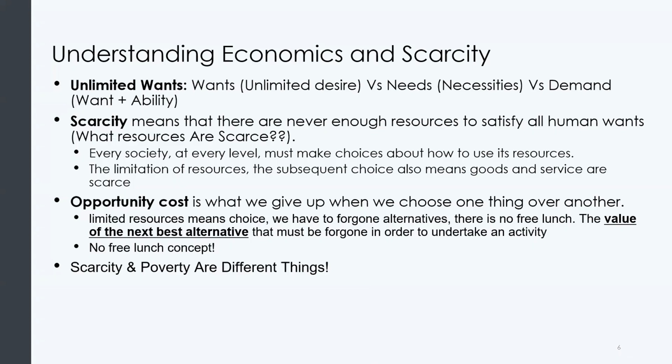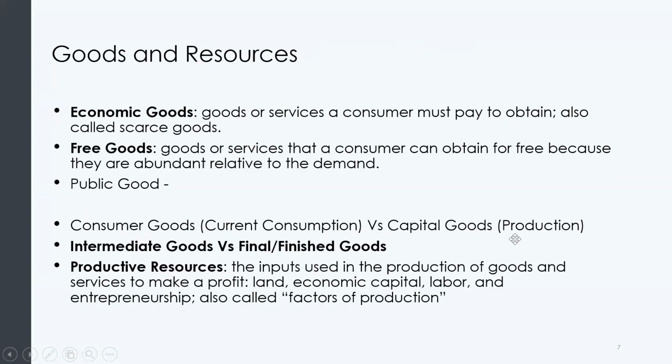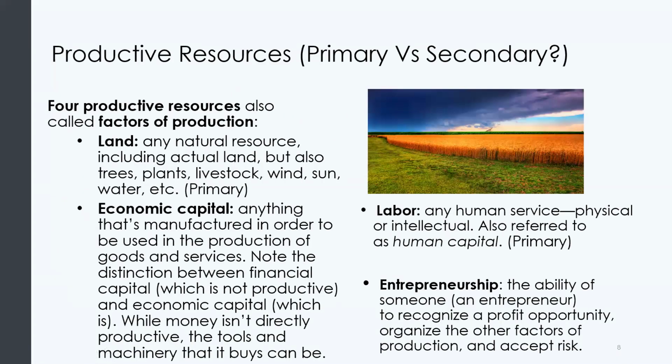In any economy that you operate in, there are four major resources. We're going to talk about them in a little while. These resources are always limited. So let's talk about these resources, and then we'll come back to opportunity cost. Right. So there are four major resources in an economy.